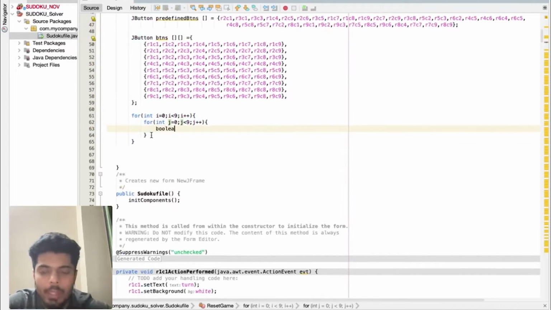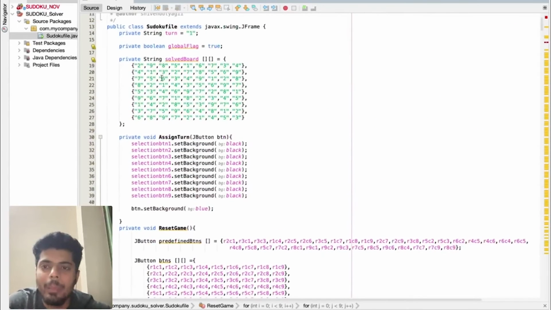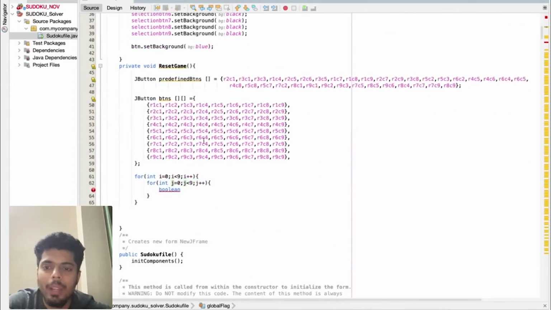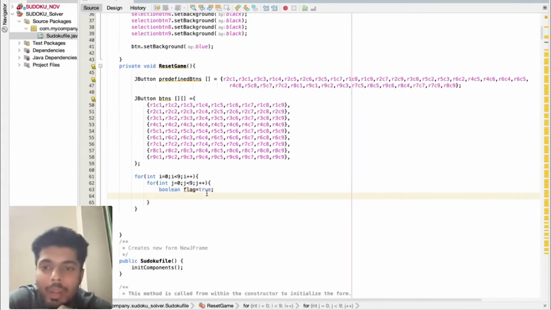Okay, and now I need a boolean flag variable here. This flag variable which I've declared here is a global flag. Here I'm just declaring a local flag variable which is gonna help me in keeping track of whether the grid at which we currently are is predefined or not.